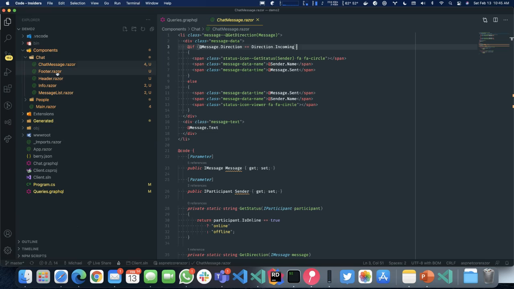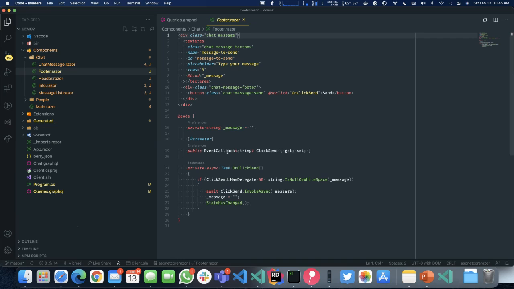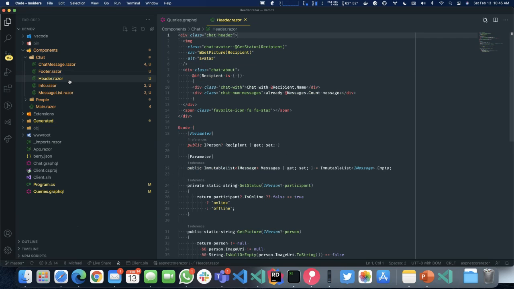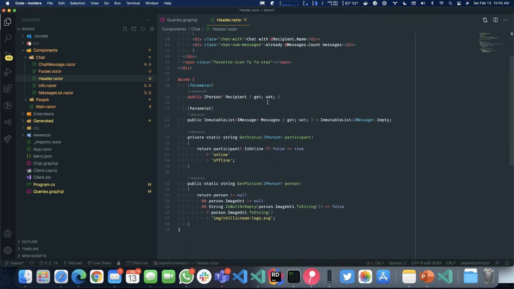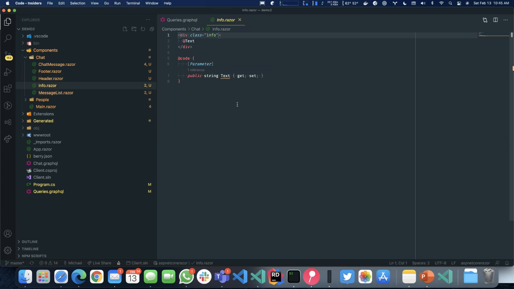And then we have a footer where we have the message, the text field where we essentially can type in our message. We have the header where we have some additional information about the participant, which in this case is a person, but I can use them however I want. If I pass a person down, it doesn't matter, because it's compatible with participant. Okay,